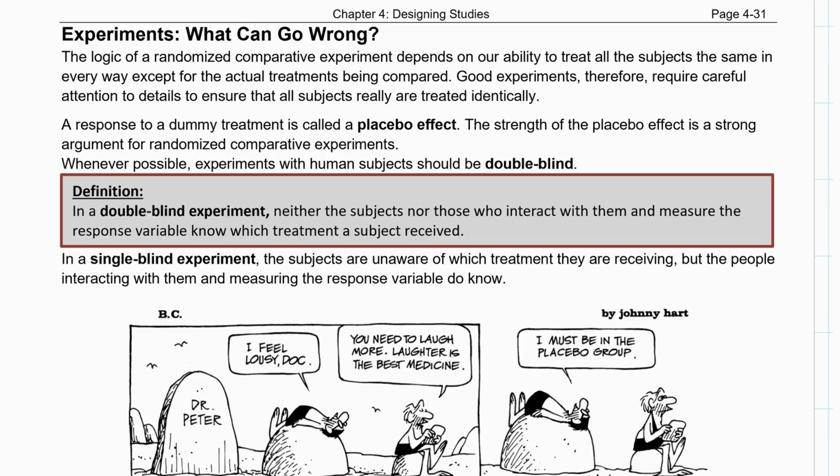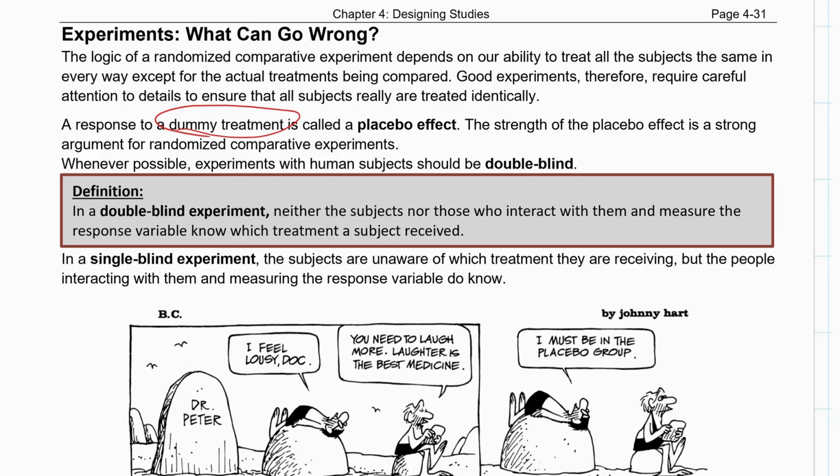The logic of the randomized comparative experiment is basically saying, hey, I have two groups that are as similar as can be, except for the actual treatment. But the question is, how do we make it so that even the treatments feel almost the same? Sometimes we use a placebo, which is a dummy treatment, and we do this to defeat something called the placebo effect. The placebo effect is the idea that sometimes people react even to a dummy treatment